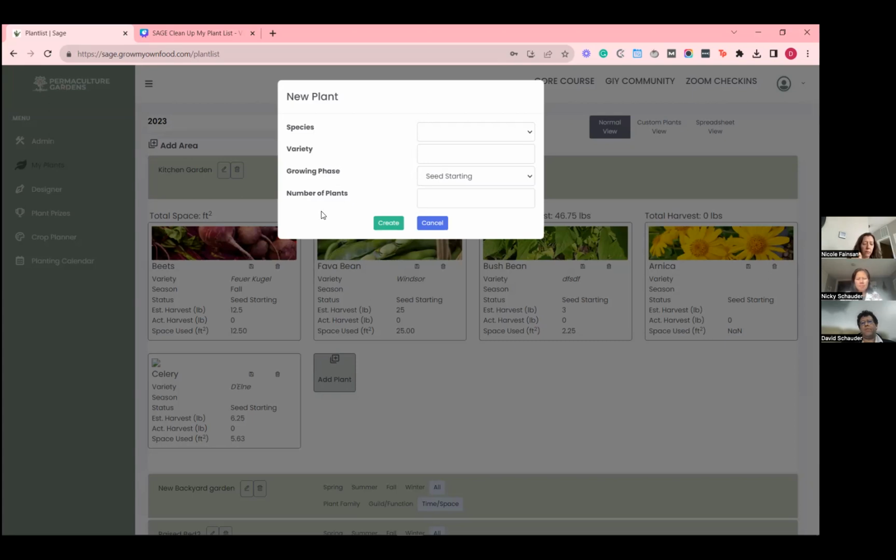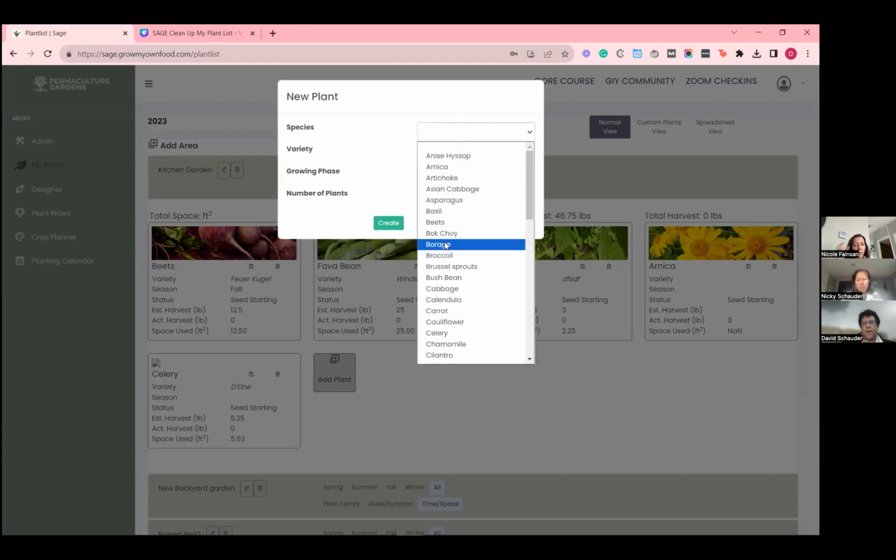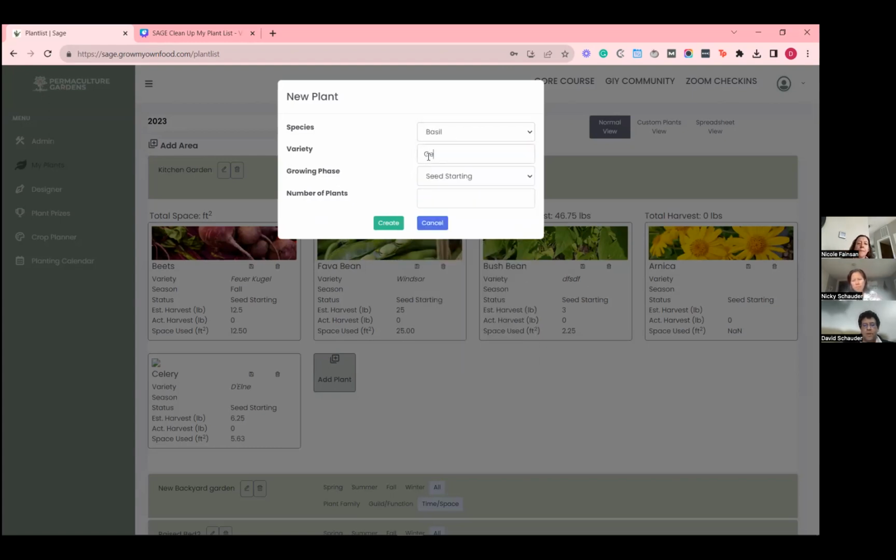So we're eventually going to have the ability to add a plant that's not even on that list. But there's a lot of data associated with the ones that are already there, things like carrots and cabbages. So you can take an existing plant that you've added. So if I added something like basil and Genovese basil,